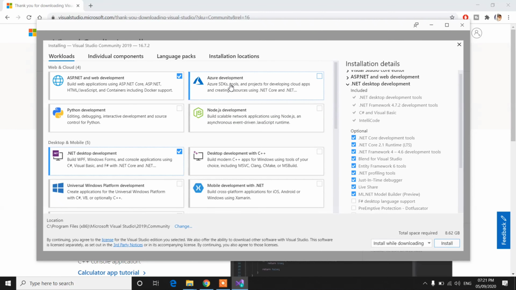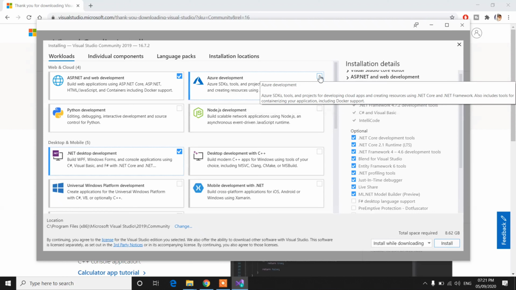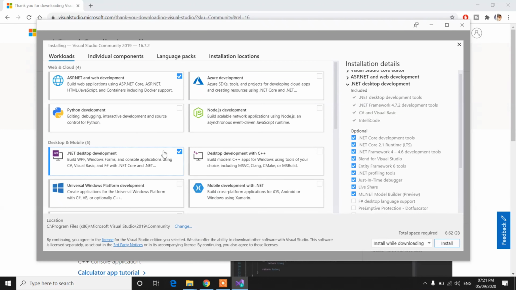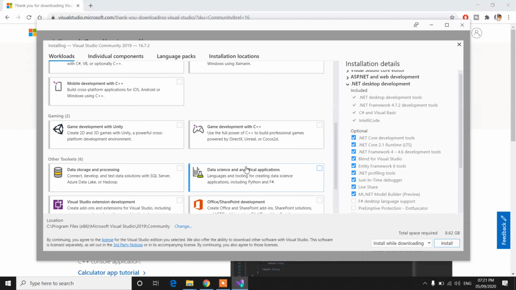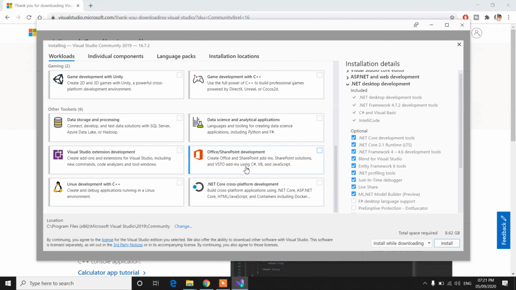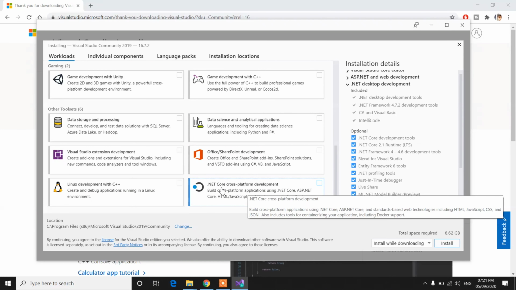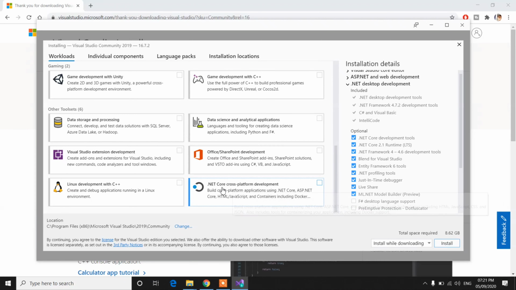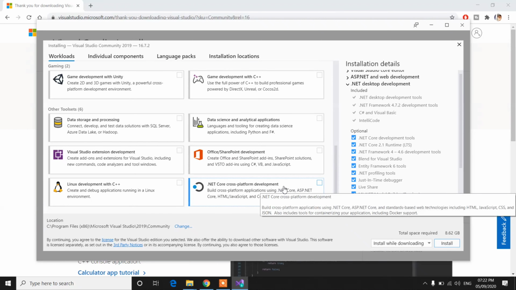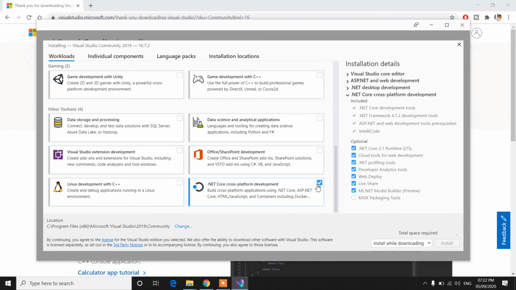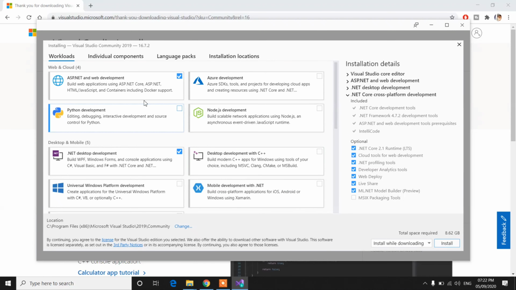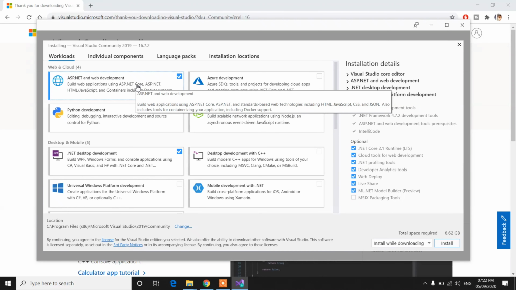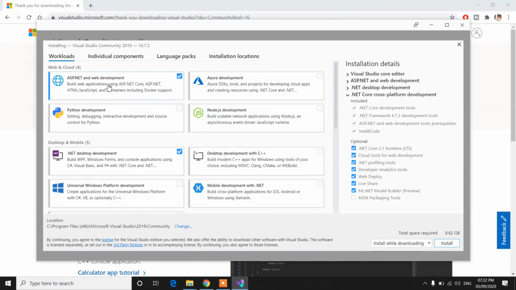If you are interested in Azure development, you can check this also. I'm selecting this one also, .NET Core cross-platform development. So I've selected three packages for downloading.